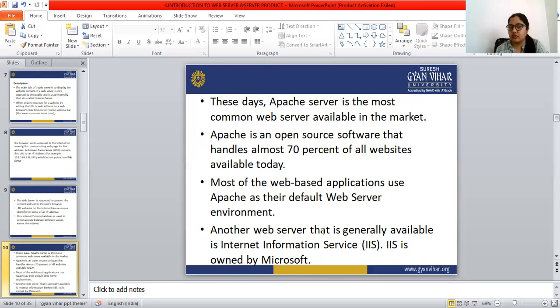Almost 70% of websites are handled by Apache, and most web-based applications use it as their default web server environment. Another web server is IIS. The full form of IIS is Internet Information Service, and it is owned by Microsoft.